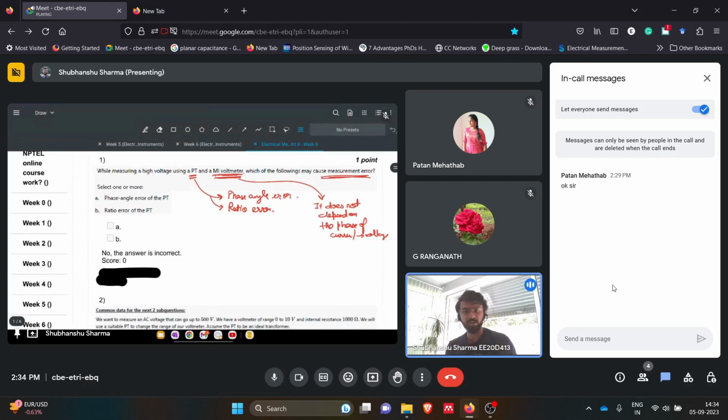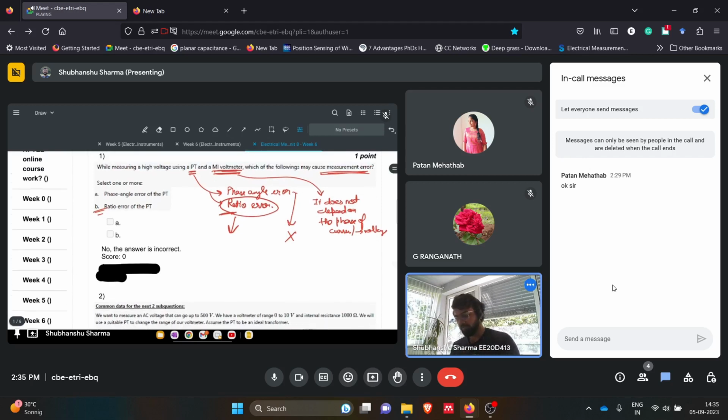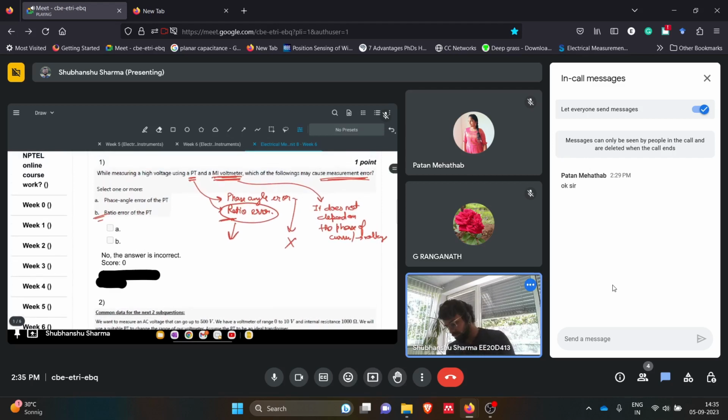So in moving iron, we pass current, and because of the induced magnetic field, the iron gets attracted towards it, and that's why we see the deflection. So there is no role of phase in this. So the error because of phase angle will not be there, and we will only have the ratio error, because ratio error will change the absolute value of the voltage being measured. So in this case, the ratio error of the potential transformer will be the main reason for the error in the final value of the voltage. Okay,